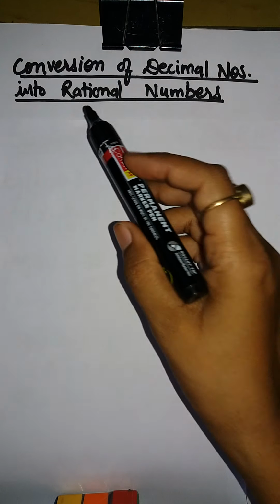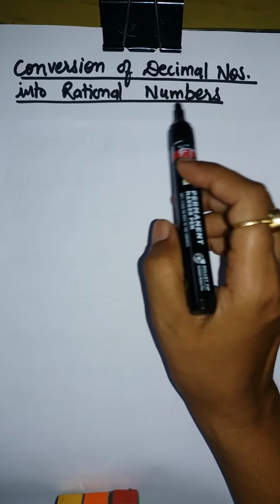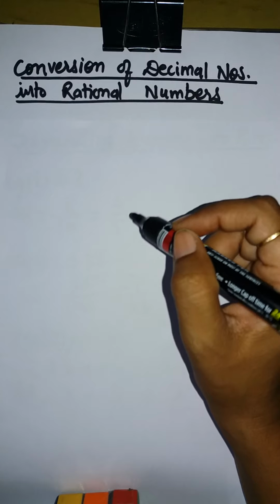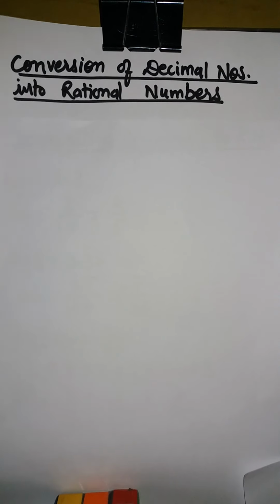Our next topic is conversion of decimal numbers into rational numbers. We have represented a rational number as a decimal. We can also perform the reverse process. That is, a decimal can be expressed as a rational number. To convert a terminating decimal into a rational number,